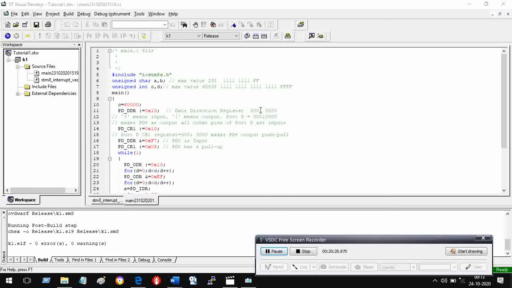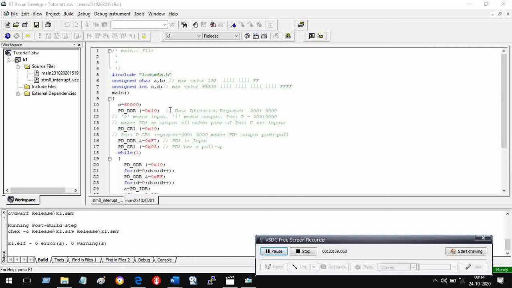So in binary it looks like 0001 0000, and in hex it will look like 10. So I have given it in hex, 0x stands for hex value. What is the hex value? 10. So I am saying that the data direction register for port D should contain 1 in this location.